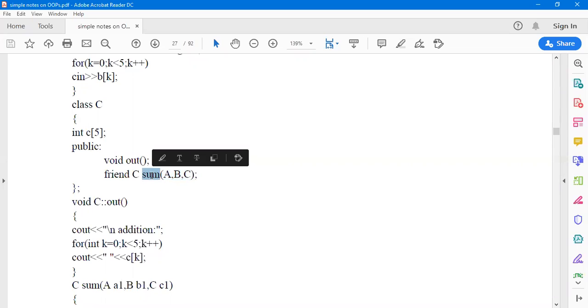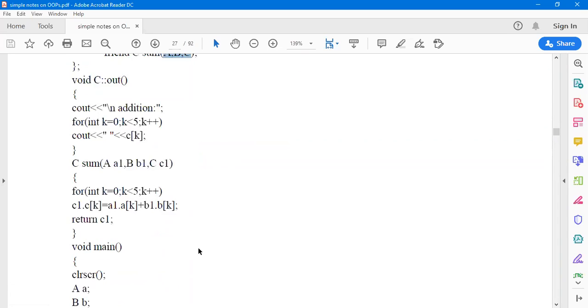So generally, why do we declare a friend function? We declare a function to access the private members of another class. So obviously, if you're trying to access another class, you need the object. Because we already discussed in the beginning of the lecture that we cannot access the private data members through the object of the same class itself, but we can do it with the member functions if they are public. So similarly, in either case, we want the object of the class. That's why in friend functions, if you kindly note, the arguments are generally the objects of the class.